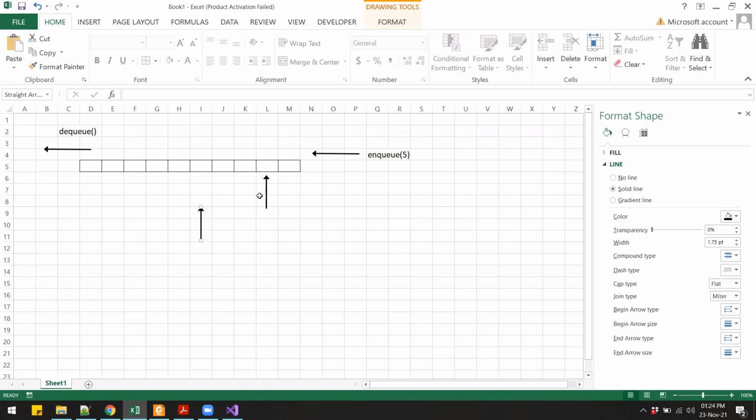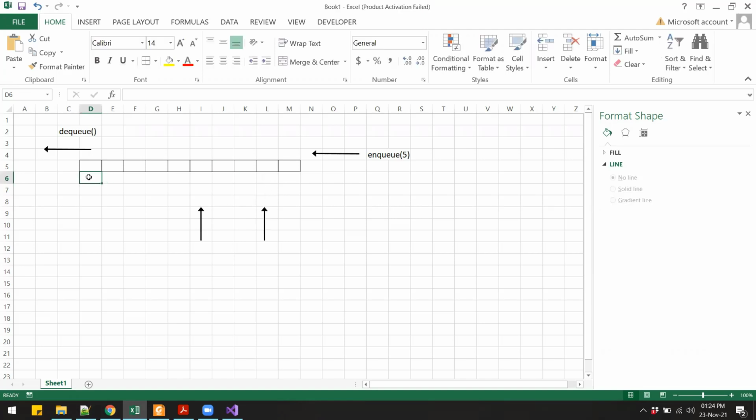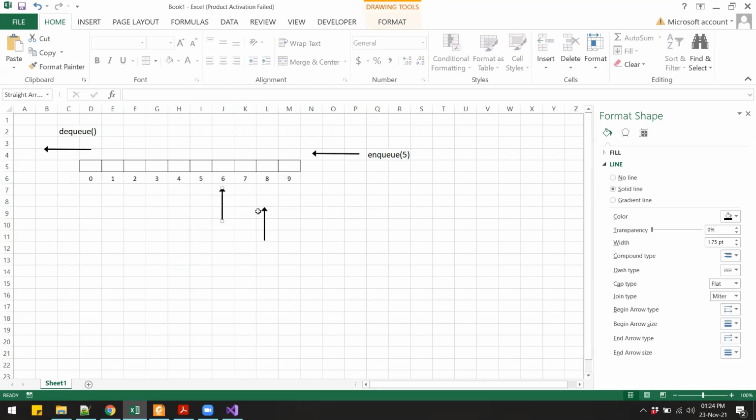So I'll just write the indexes over here. This is index 0, since we are implementing this using an array. So we had something like this. When the queue was empty, both the front and the rear pointers will be pointing to the very same index.